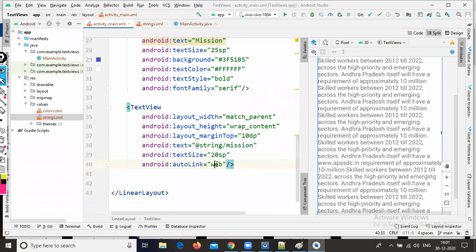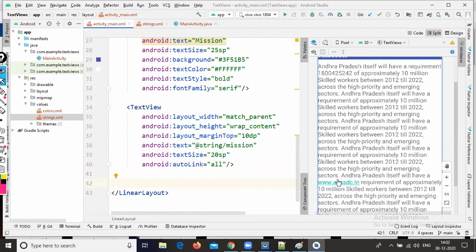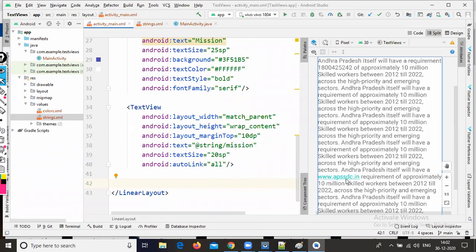That's why instead of web, here I'm using all. Now you can observe that the website link www.apssdc.in is changing color. Now run your application and check your output whether the hyperlink is working or not.